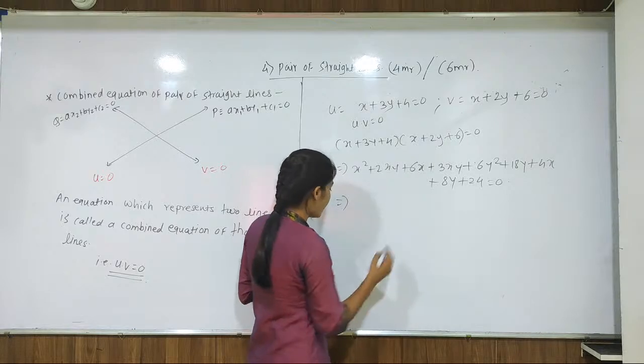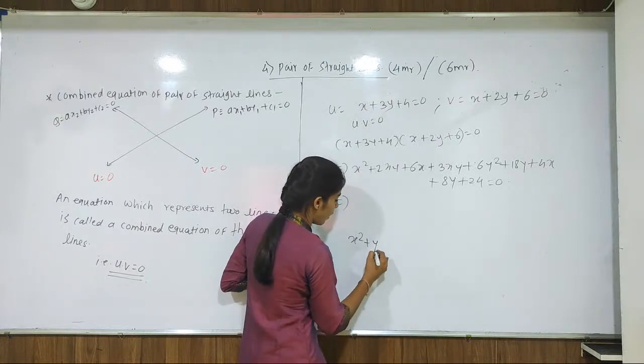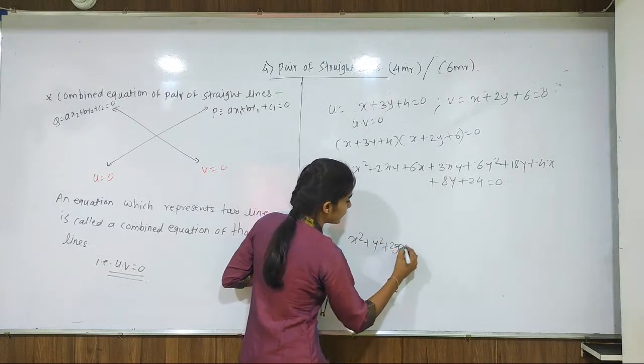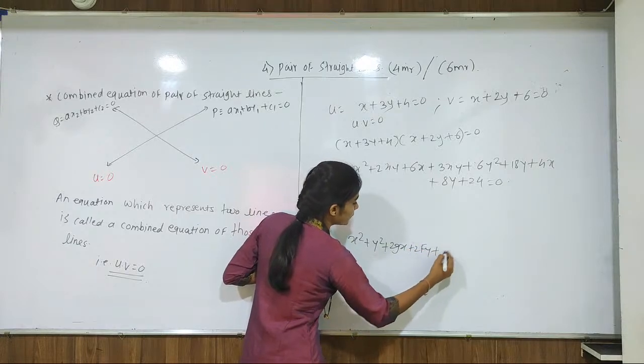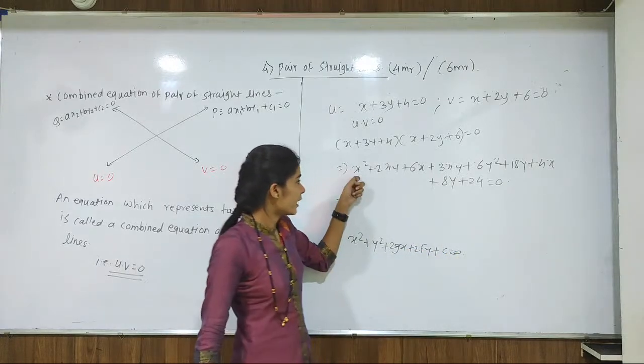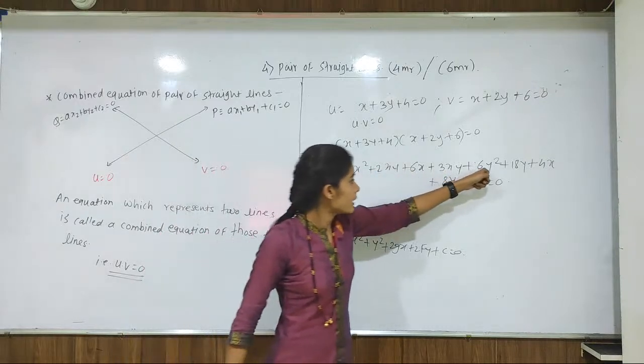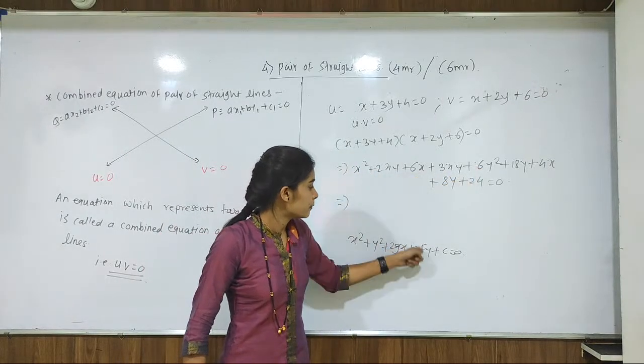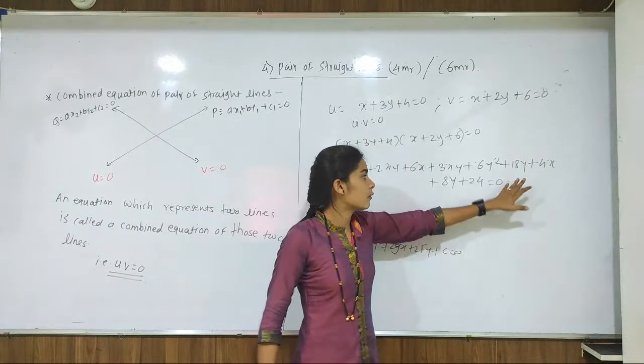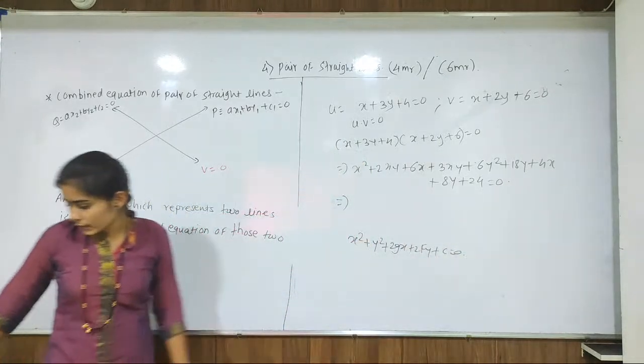So you have to write this in the form x square plus y square plus 2gx plus 2fy plus c is equal to 0. It is already in the form x square plus y square plus 2gx plus 2fy plus c is equal to 0. So write down this equation